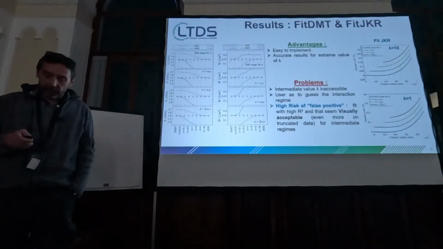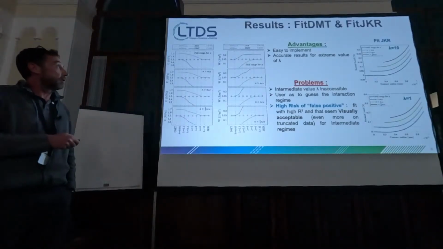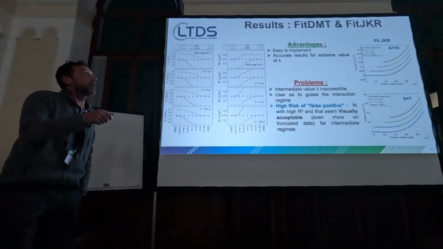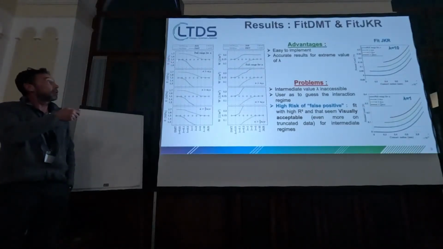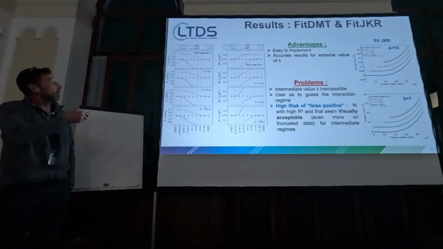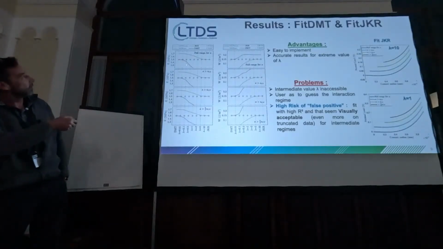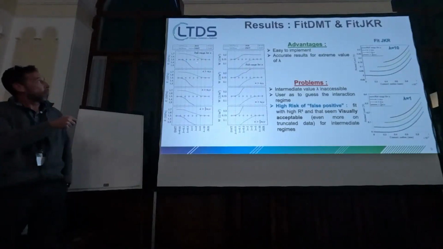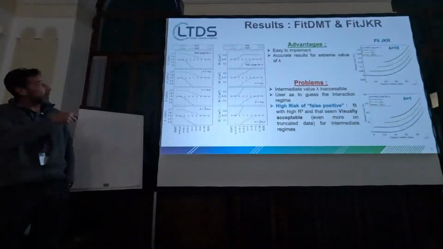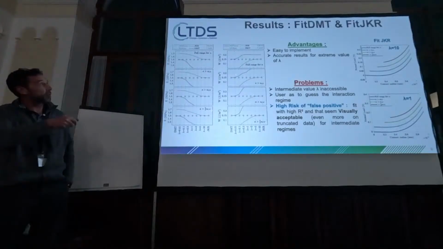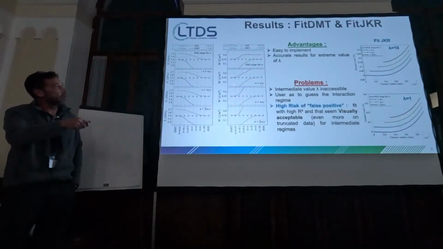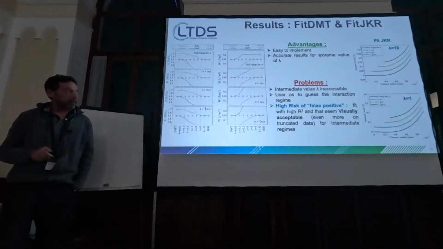So let's look at the results. Here is a fit with classical DMT and GKR equation. This is the evolution of the Young modulus predicted by GKR equation in yellow and in violet for DMT. The black circle corresponds to the expected value. Here is the Young modulus as a function of the different truncations I just presented, and here is the adhesion energy as a function of the different truncations.